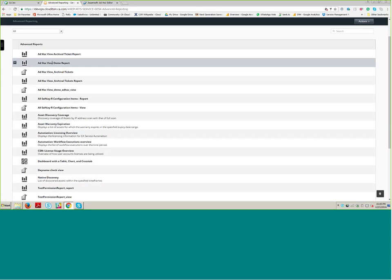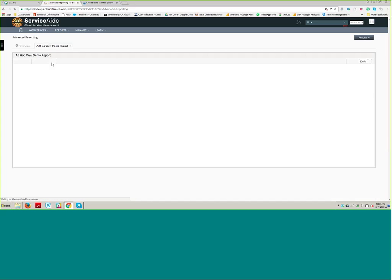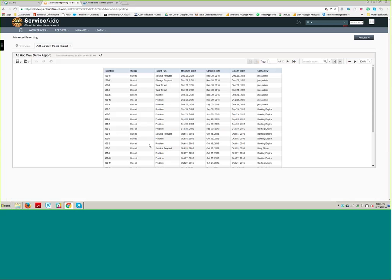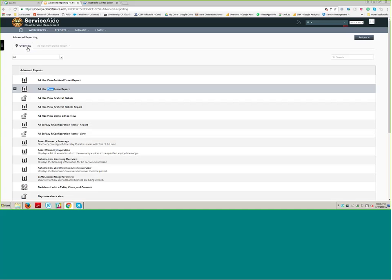So this is the archival ticket, this one. This is the doc view demo report. So that's how you create the report from the archival tables. It would be the same as what you do from the search or from any reporting purpose. Currently archival tables are very few, only 40 or odd tables, which are ticket and ticket related tables. So you won't have the problem of them, but still we have the guardrail applied on the number of